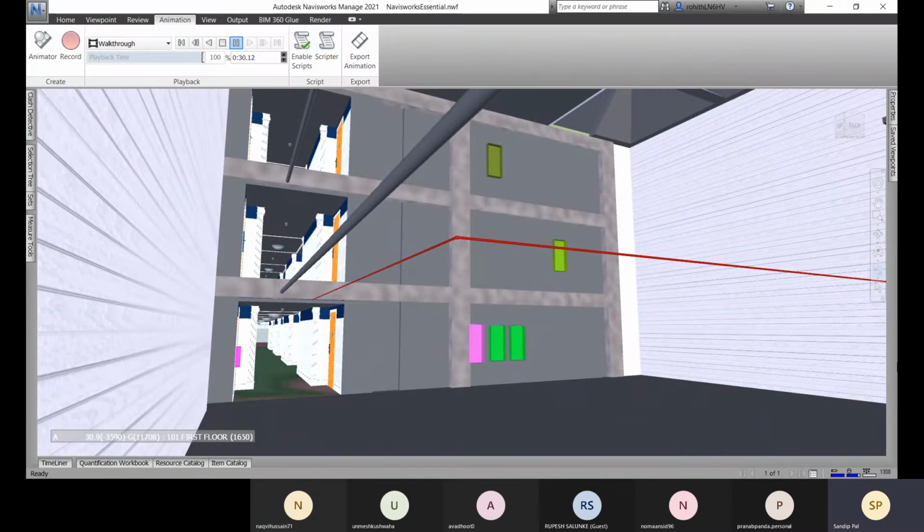All right. So this is how we will create any walkthrough in Naviswork. This is very simple to create.